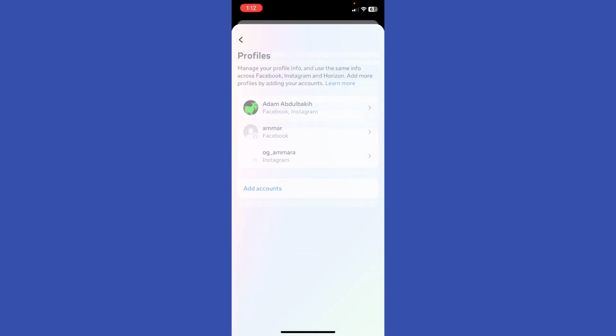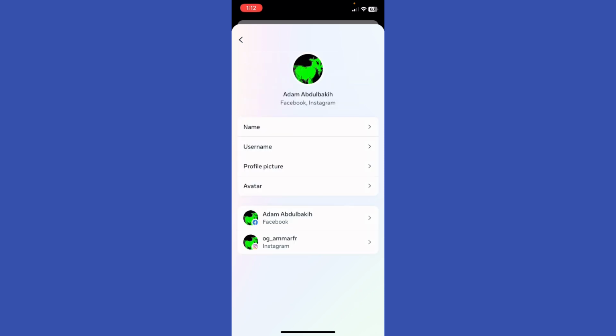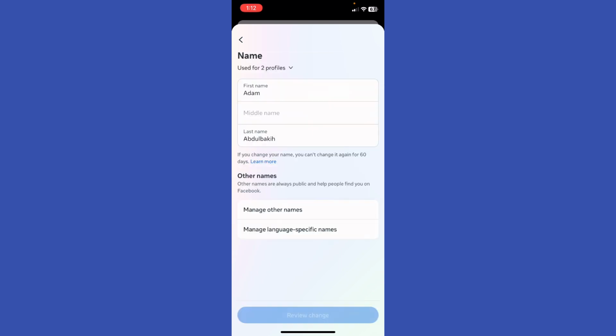Okay. And I'm going to wait, and I'm going to go ahead right here to the account and choose the account that you want to change the name. So I'm going to choose this one. Okay, I'm going to wait for a few moments, and I'm going to go ahead right here to the name. Okay, I'm going to wait as well, and as you can see right here, this is my first name and